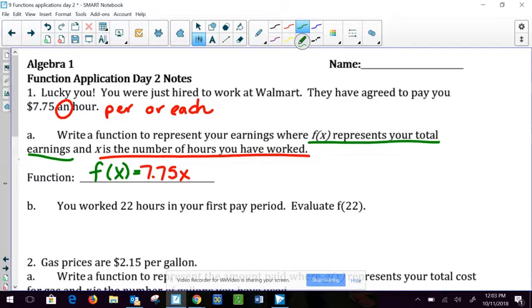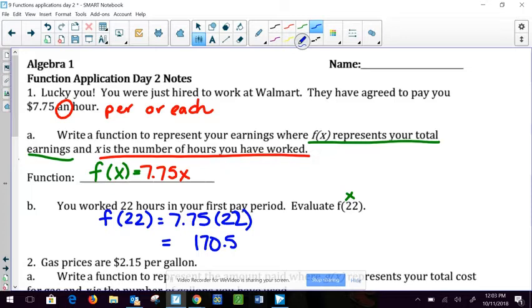In this situation, it wants to know how much you get paid if you work 22 hours. All we're going to do is take that 22 because it's in the x position, and we're going to put it in place of x in our equation. So our function evaluated at 22 hours is equal to 7.75 times 22. You can either use your head, a calculator, or a sheet of paper to multiply that out. But 775 times 22 should give you